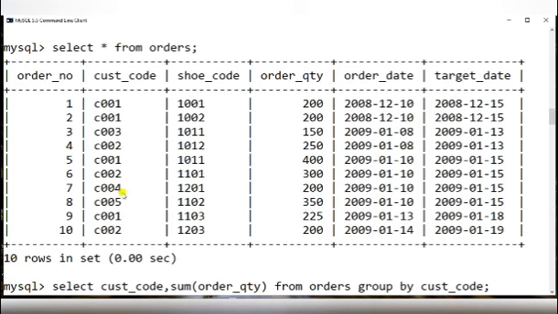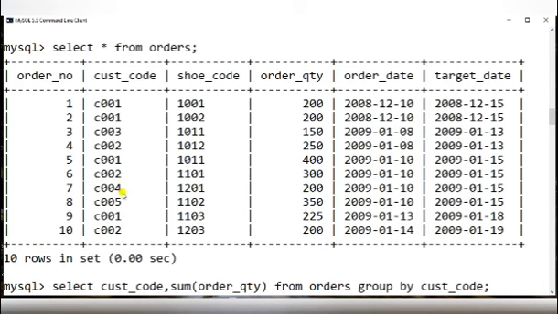So select cust code, comma, count star from orders, group by cust code.